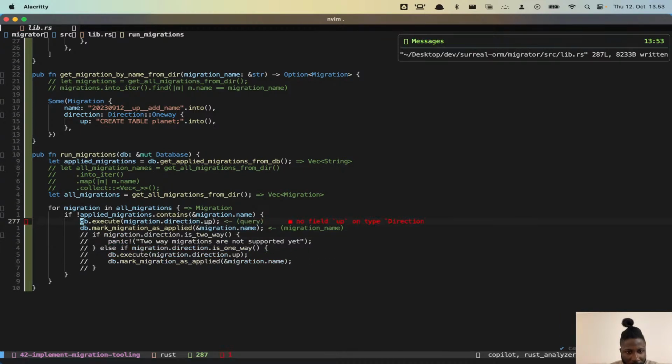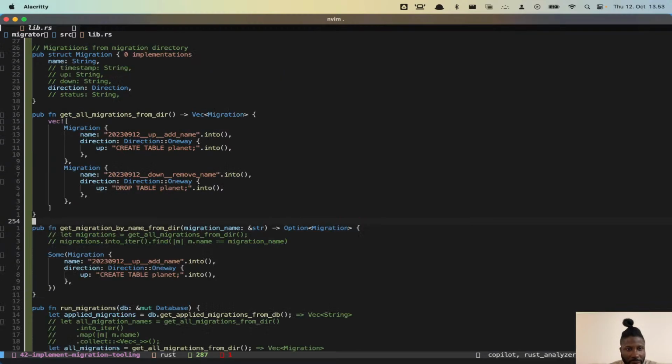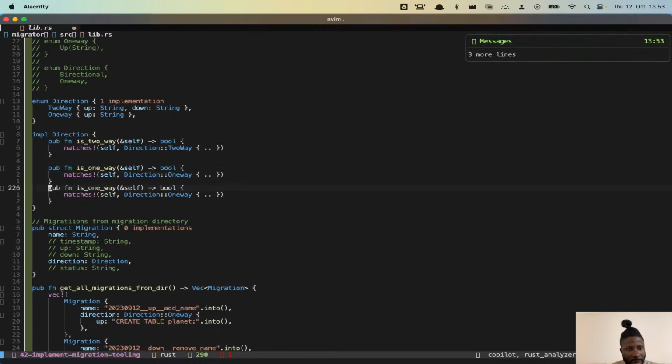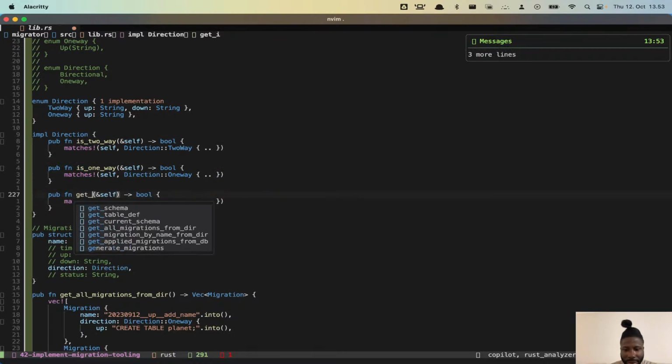Okay, so what we can do is, since we have direction, okay, I know what to do. So we can create a method called get up migrations. Let's call that get up